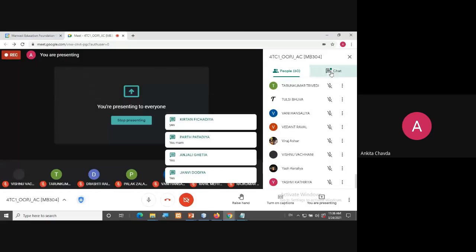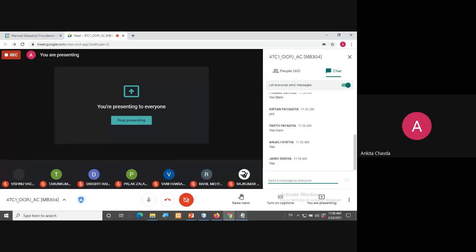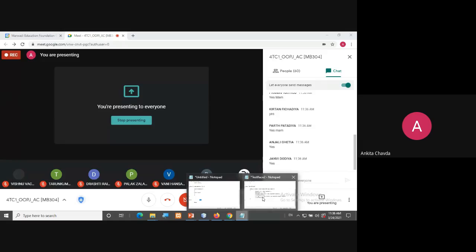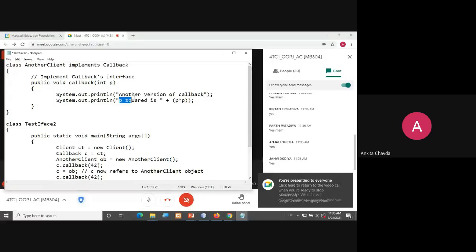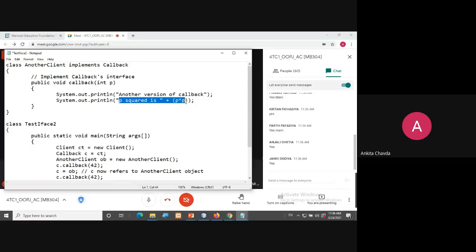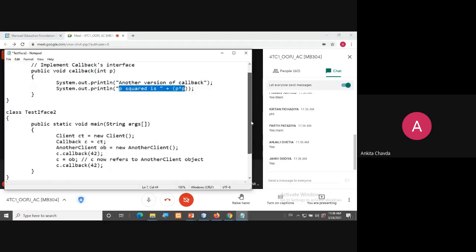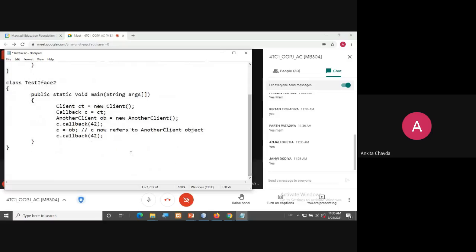So there it will be printed with the value P, as well as here it will print the value P into P, because it will call another version, that is this. P squared is P into P. So we are simply printing the square of this P in another client.